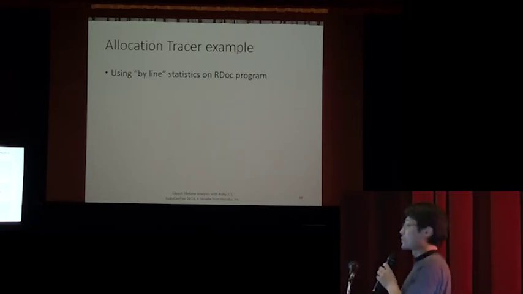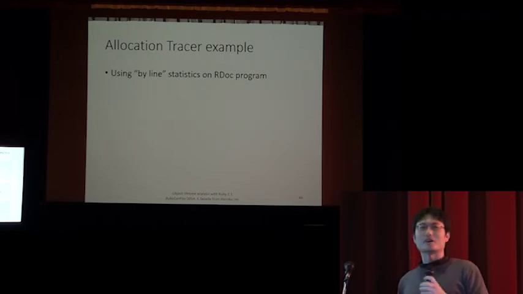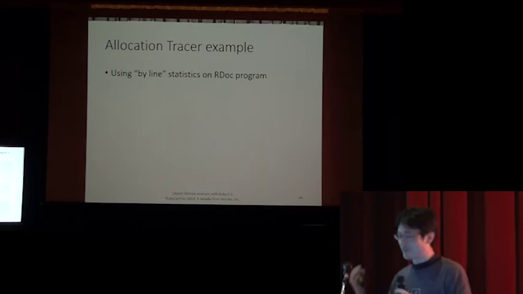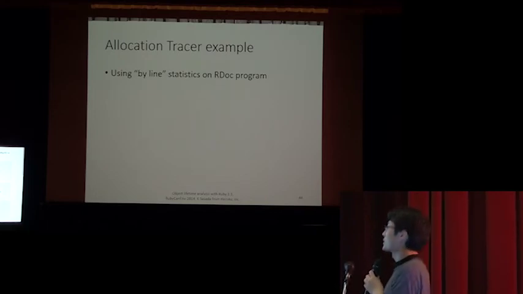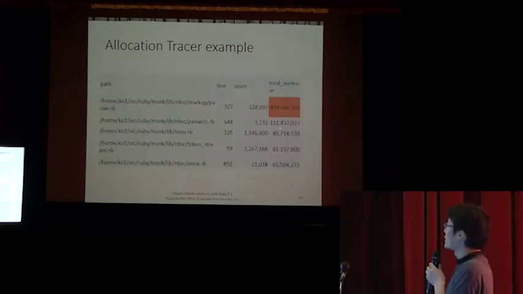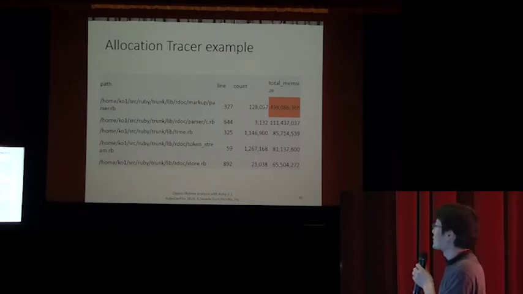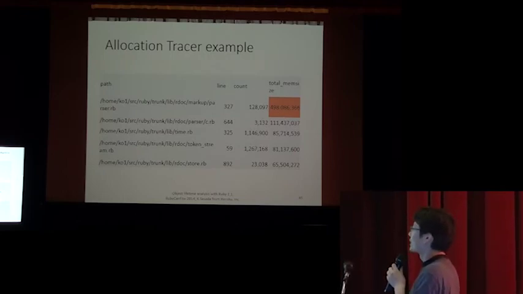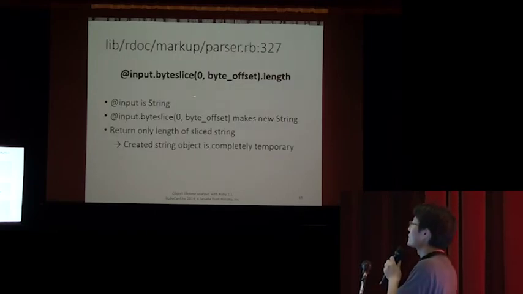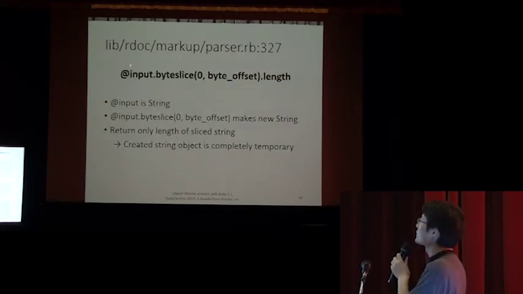And I also want to introduce an example of usage of allocation tracer. So using by-line statistics on the RubyConf program, we can see this line consumes a lot of memory. So 500 megabytes of memory are allocated at this line. So I checked this line. This line does this. So this program